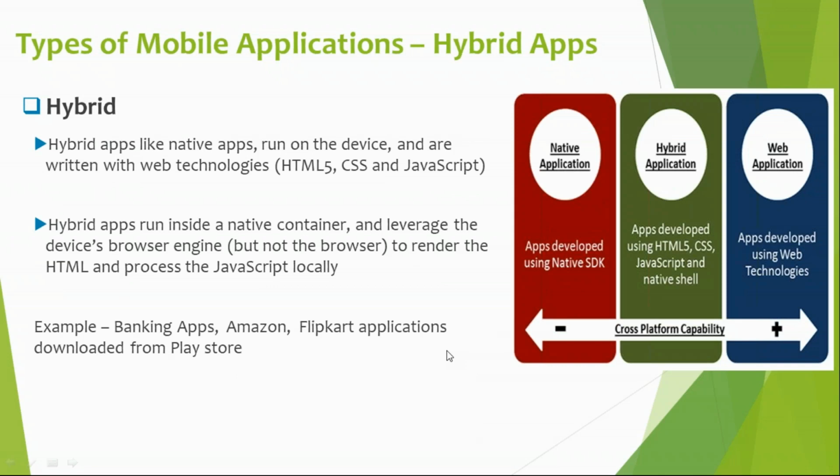So then what are hybrid applications? Hybrid applications are applications which are installed in the mobile device, but still if you want to use that particular application after installing, you need an internet connection. Without your internet connection, you cannot work with your hybrid application. Example, your Facebook application, your Amazon application which is downloaded from Play Store, or Play Store itself. If you switch off your device Wi-Fi connection and mobile data, can you access Play Store? And can you search for an application and install it from Play Store?